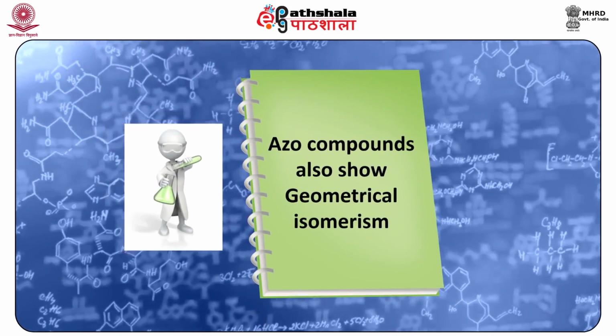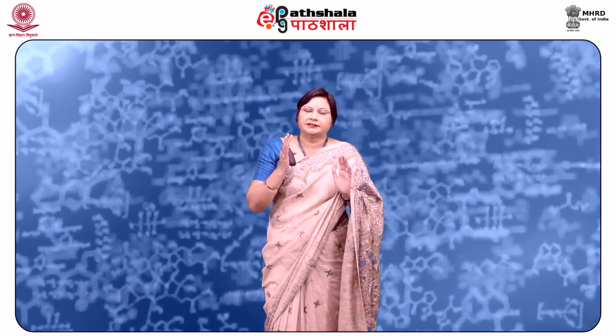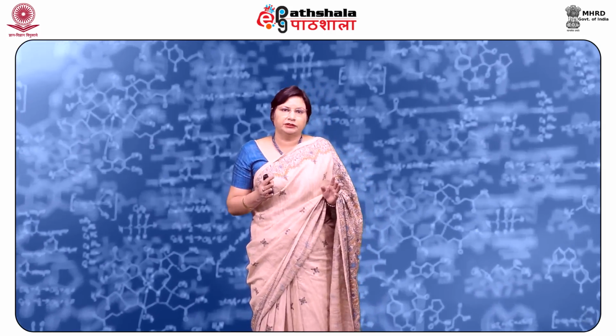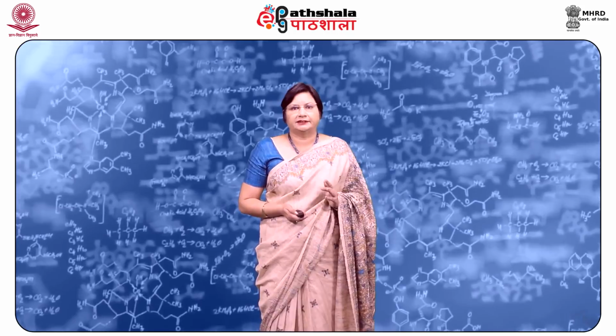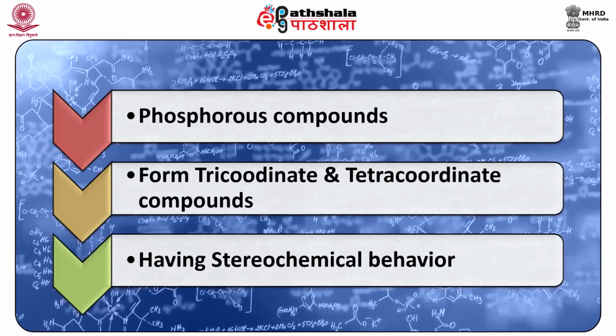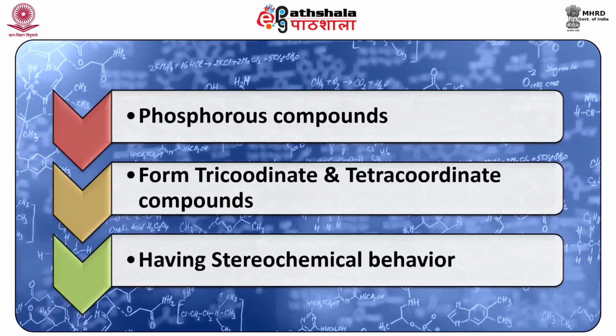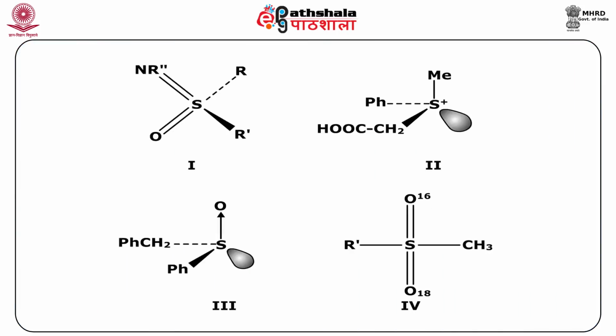Then we also studied azo compounds, and they also show geometrical isomerism. The cis and trans isomerism in azo compounds is also designated as syn and anti. Then we studied phosphorus compounds. They also are tri-coordinate as well as tetra-coordinate and show stereochemical behavior. Hexavalent sulphur compounds, sulfonium salts, sulfoxides, we considered all of them. They consist of sulphur as the chiral center, and depending upon the groups attached, they show stereochemical